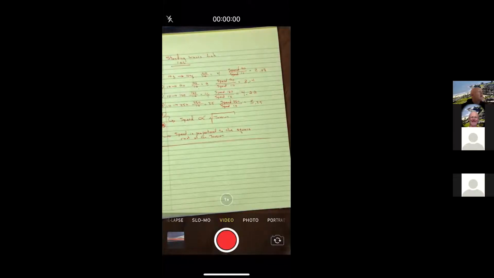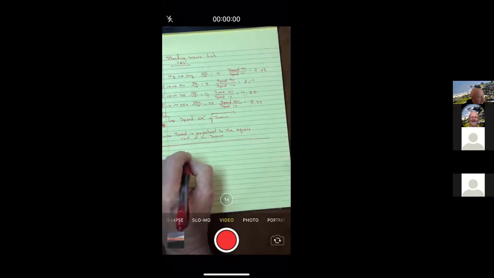So in part 2, it says, compare the 2 average values of the speed in air that you found in part 2. So I'm hoping, and if you want to send me a link again, I can look at your calculations. But when I did the video lab, you should have come up with a speed, which is wavelength times frequency,